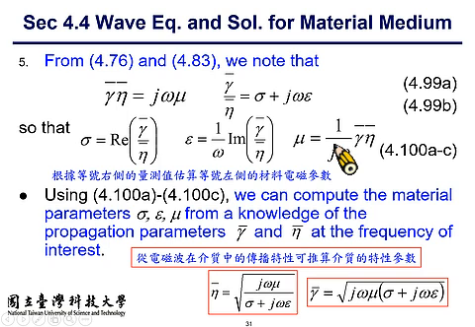The interesting thing about the EM property of material is we usually don't know the numbers for sigma, epsilon, and mu. In fact, in general, we don't know the epsilon, mu, and sigma of a material. Then your question is, how do we know what values sigma, epsilon, and mu are? Well, you can perform some measurement of the electromagnetic wave propagating in this medium, so that you can use the measurement result to find out gamma, eta, and of course you know the frequency omega,